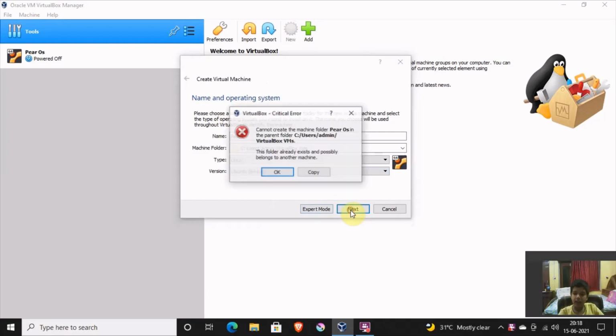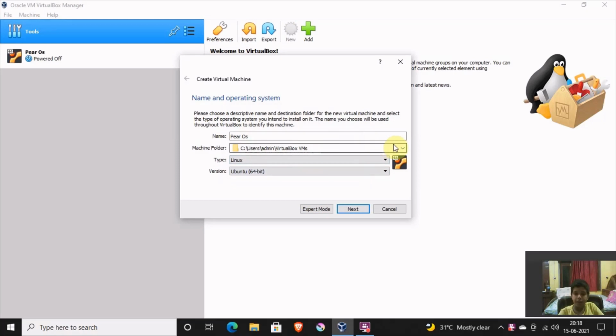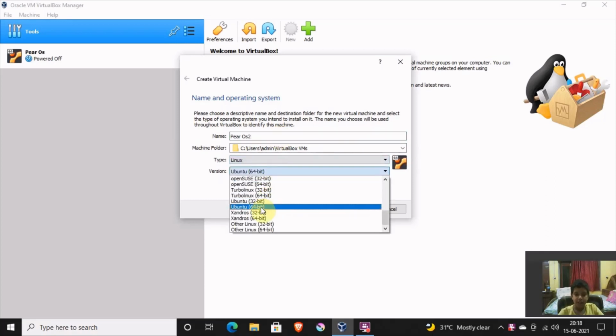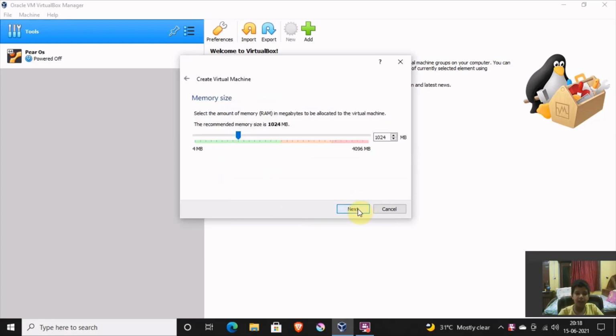After that, click on next, and also you have to provide the path. It is important to provide the path. I am going to name this virtual machine Pear OS 2 because I already have a version of Pear OS. That's why it was showing me the error, and then click on next.